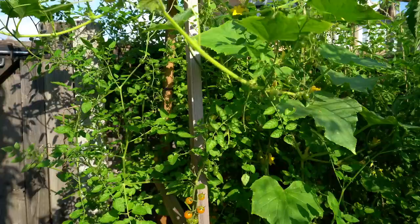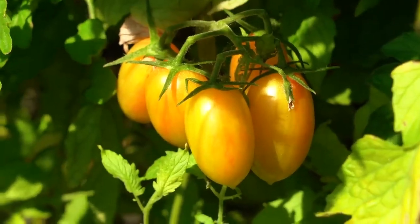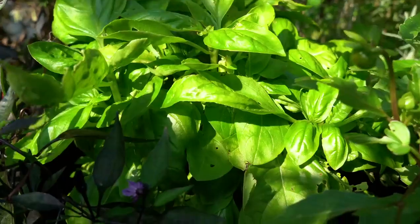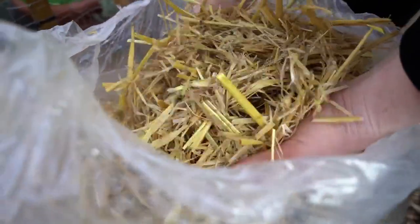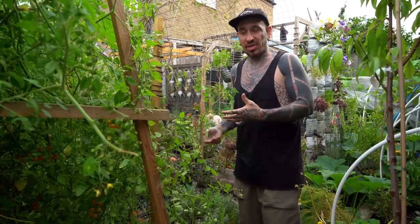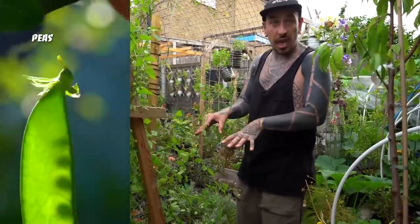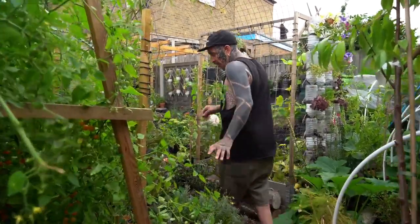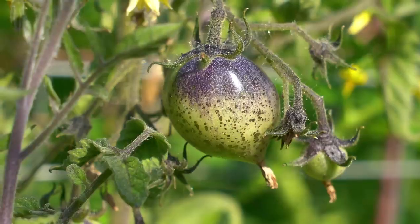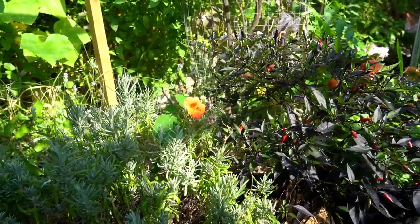Here on the left hand side we got the tomato jungle, so we got different varieties of tomatoes growing along with flowers and herbs like basil. I put some straw inoculated with oyster mushrooms, so I have production of mushrooms and plants on the same raised bed. In front of this raised bed we got quite a few different plants, including tomato plants, lavender, but also